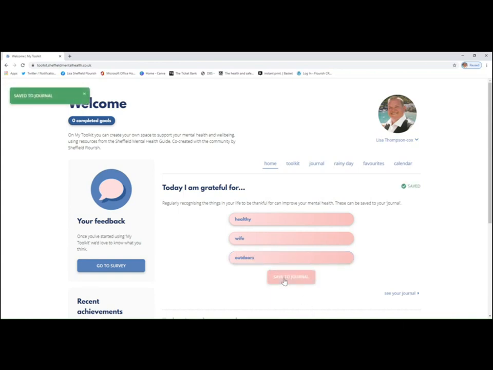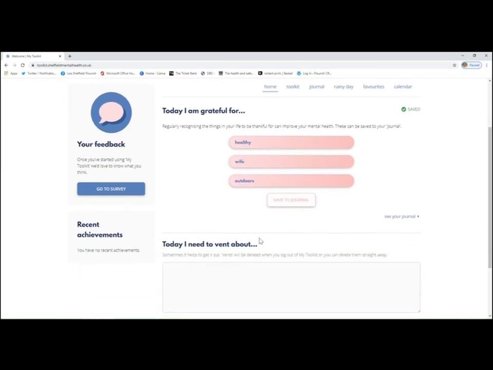Now we'll come to the journal, which is up here, and we'll come back to that at a later stage and we'll be able to see that they've been saved into the journal. It is an option, you don't have to save them. And down below you can